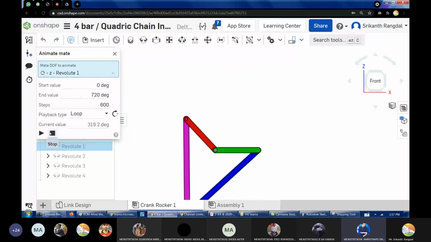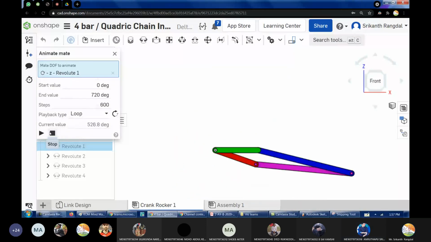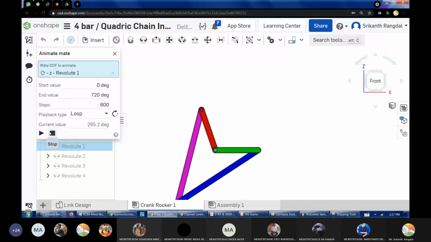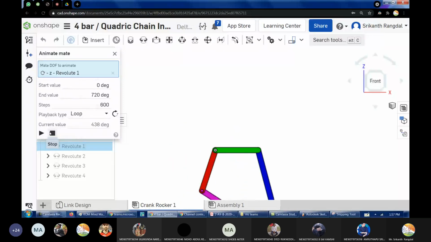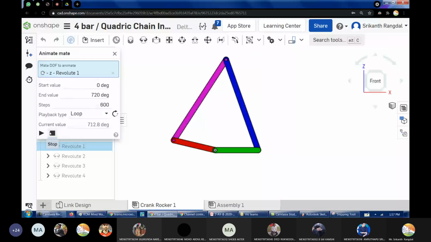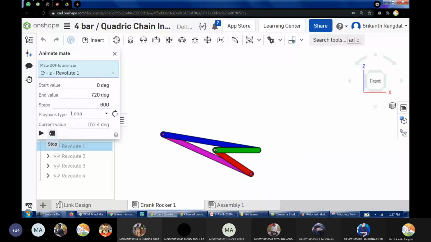And the pink one is also rotating, sir. Pink one, no. Technically, it's not rotating. Even though it's moving around, it's not rotating. That's not called a crank, because for it to be a crank, the center point about which it rotates has to be fixed. That is not the case with the pink link. I'm sorry, the pink link is not rotating.